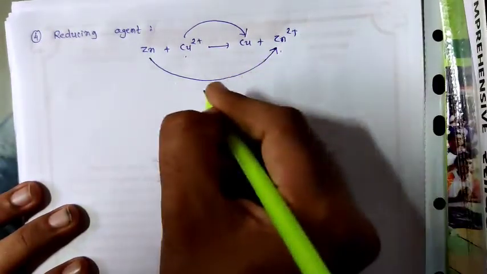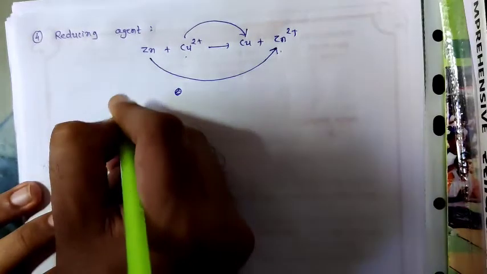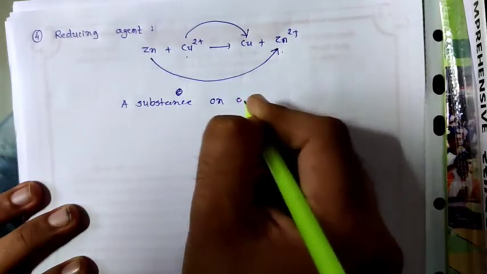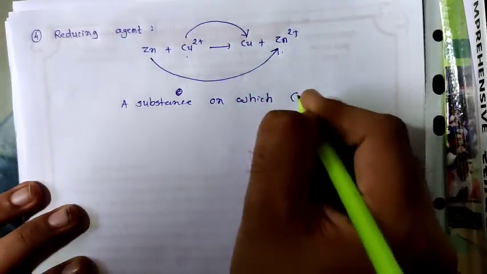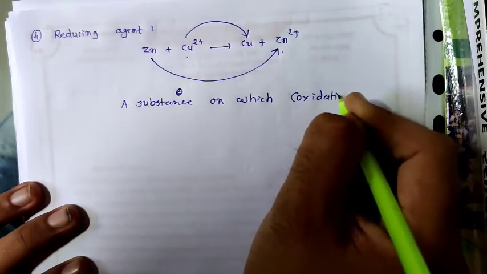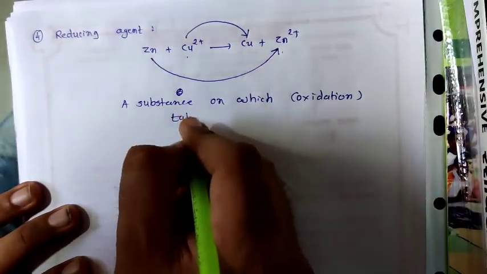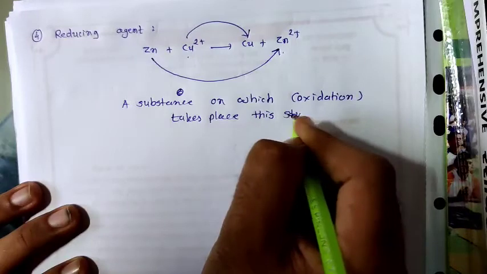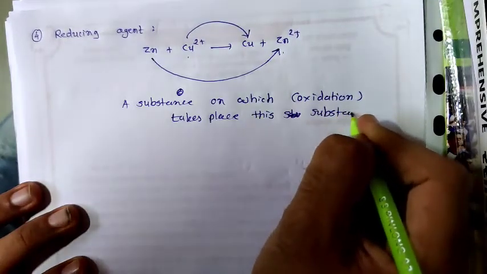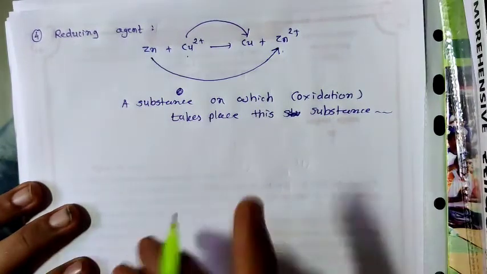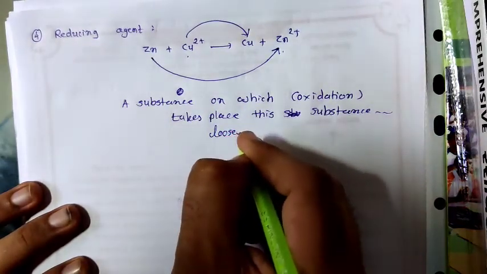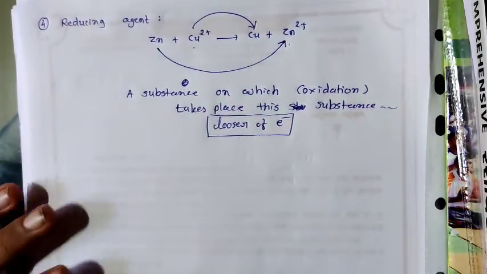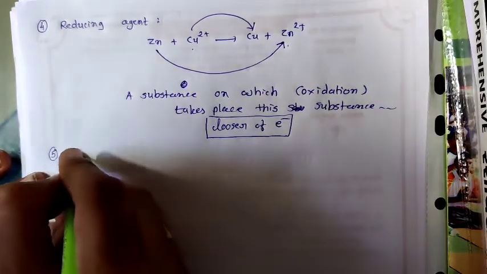So a substance on which the oxidation process takes place is known as a reducing agent. In short, loser of electron. The loser of electron is the reducing agent, while on the opposite side,